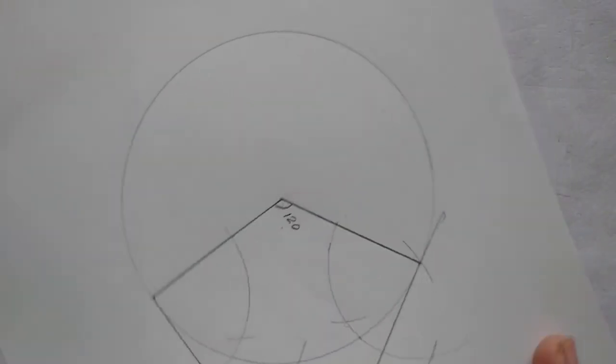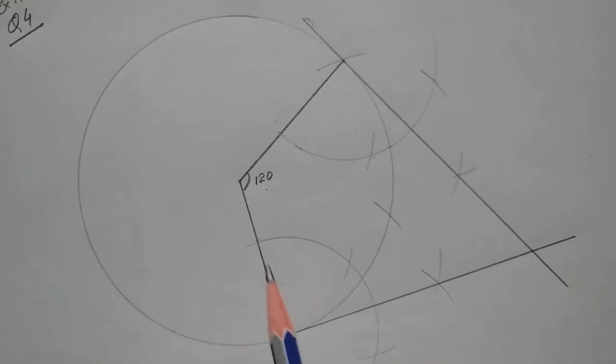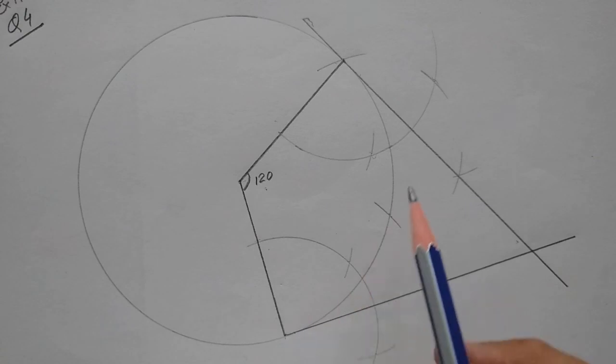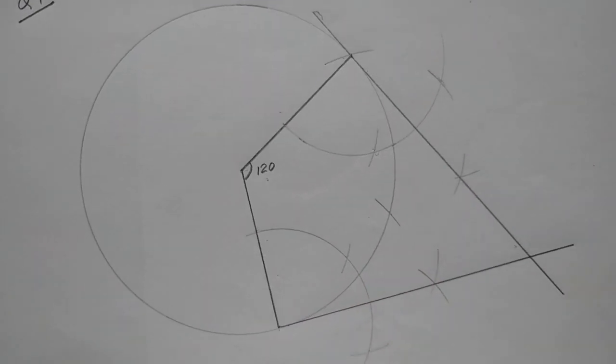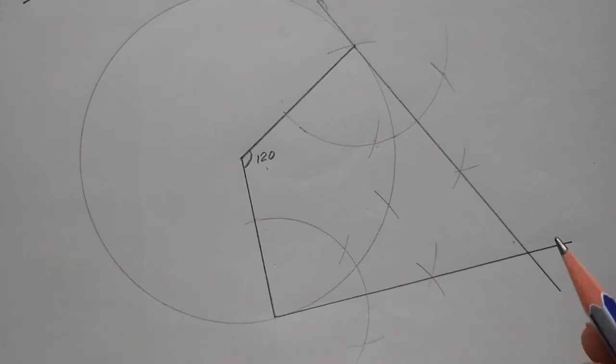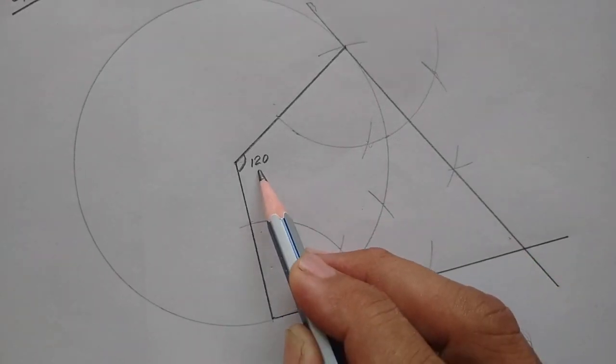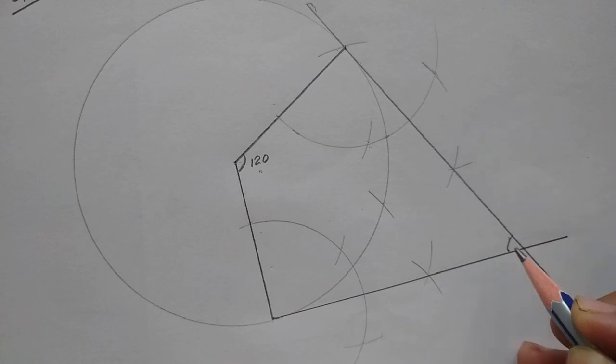So now this is 120, this angle is 60 and we have obtained two tangents, children. This is one tangent, this is another tangent. So by this way we have constructed, children. It is asked that draw a pair of tangents to a circle of radius 5 centimeter which are inclined to each other at an angle 60. So here we have constructed 120. So this angle must be 60.